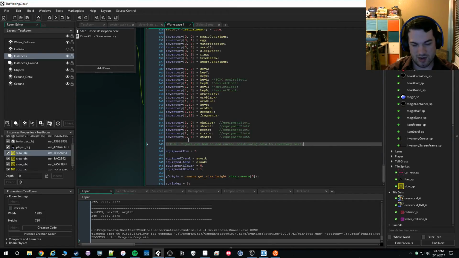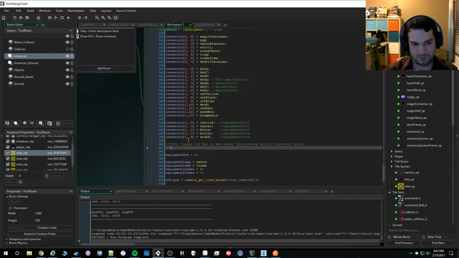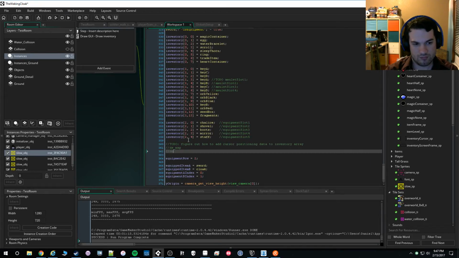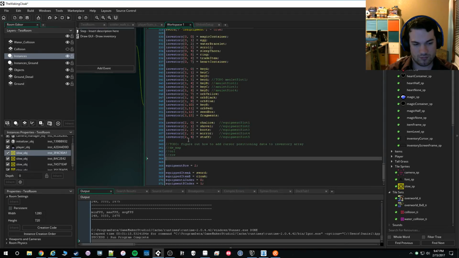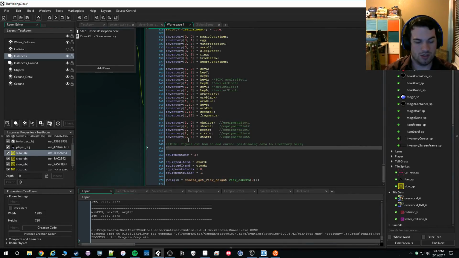It's looking like this is gonna have to be more like a DS map, with column, row. Oh, I have an idea. So it should be inventory, for example, 2, 0 equals chalice